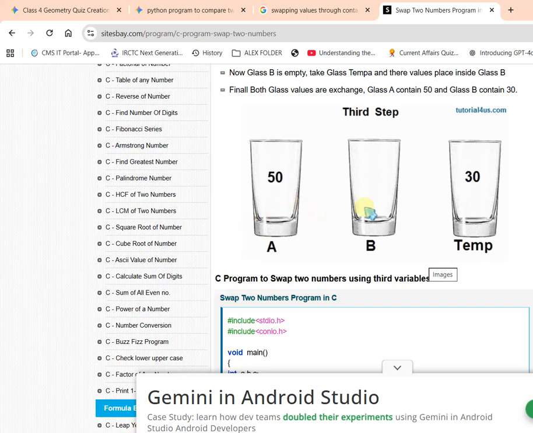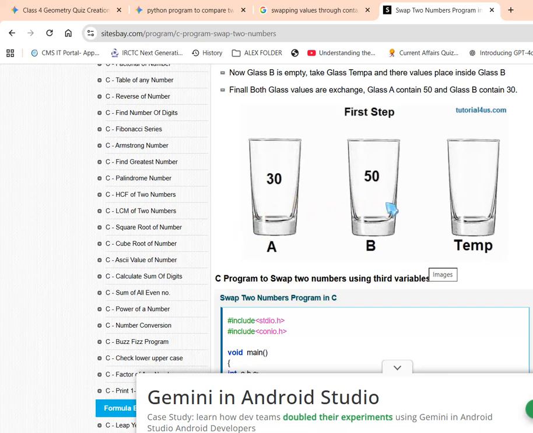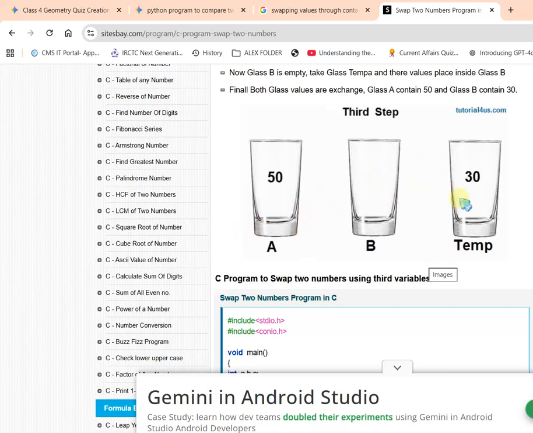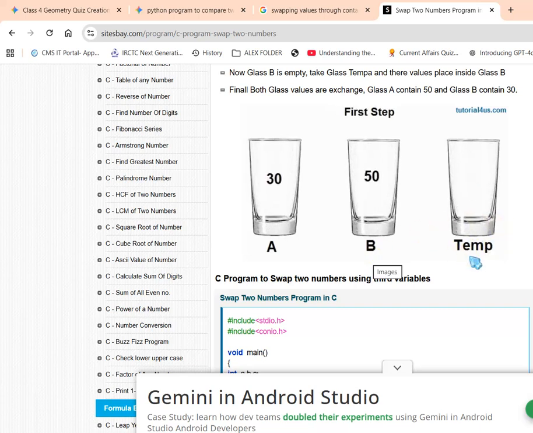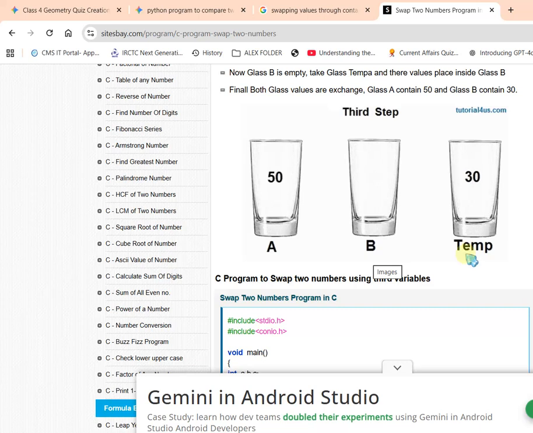So this is the another method. There it was the declare method. Now this is actually called swapping. It means we need one variable A, a second variable B, and then one more variable that is called temporary. How do we write this down? Okay, so let's see how we have to do this.